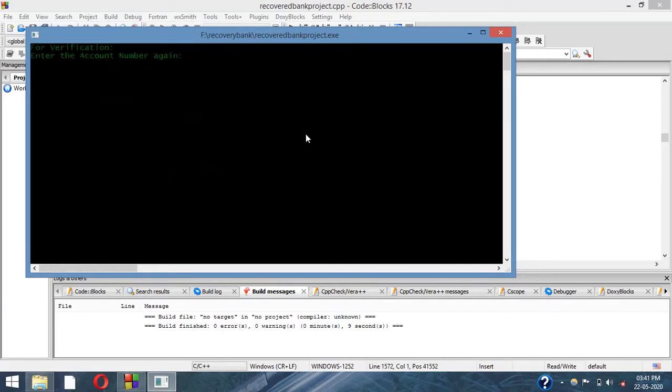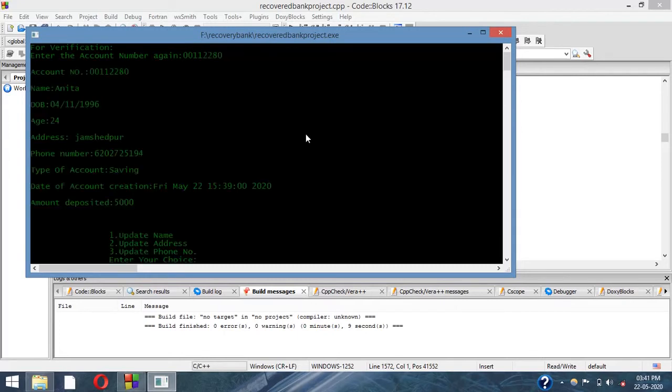First, enter your choice, enter the account number again, 00112280. So this is Anita's account. All the details are being displayed here, the amount deposited is this much, and the date and time of account creation is given here. So now I will be entering, I want to update the phone number.